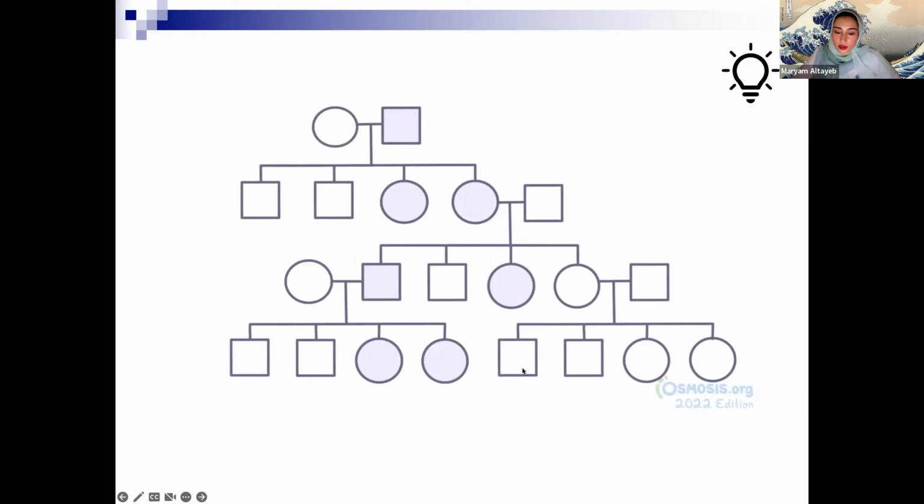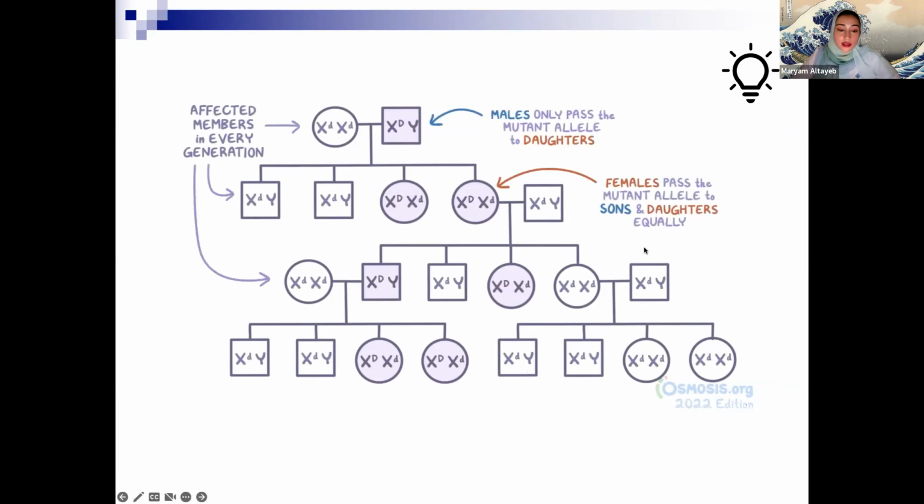What do you guys think it could be? Autosomal dominant. Okay, any other guesses? X-linked. But X-linked, what? Do you think it would be dominant or would it be recessive? Because remember, even here, even if one person has the disease and the other doesn't, they're still likely to get it. Okay. So you're right. This is X-linked